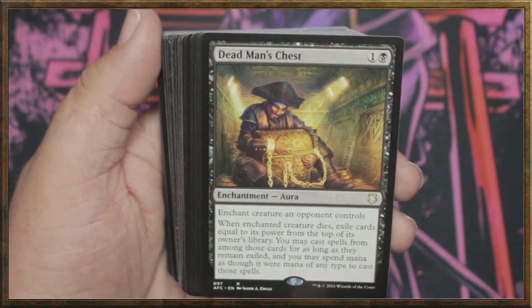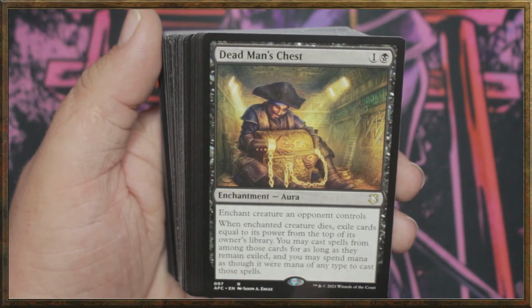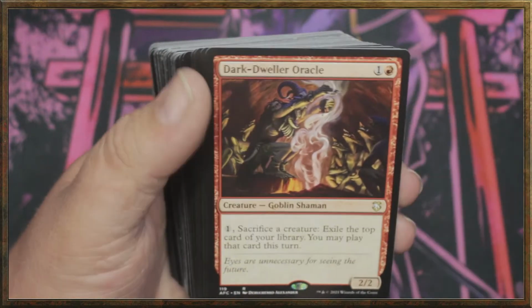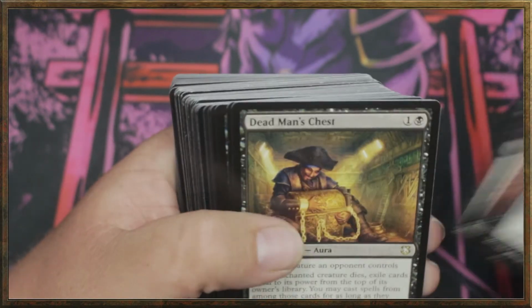You may cast spells from among those cards as long as they remain exiled, and you may spend mana as mana of any type to cast those spells. Nice! Heck yeah, I got 2 of those. Got another Dark Dweller Oracle. Another Dance Macabre. Okay, these ones are a little bit